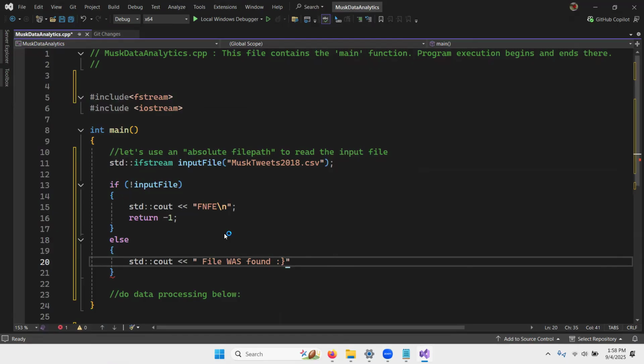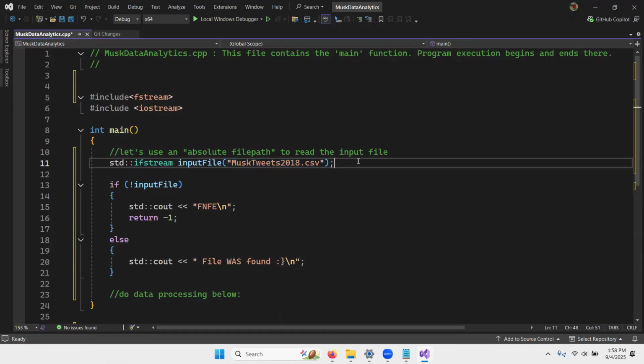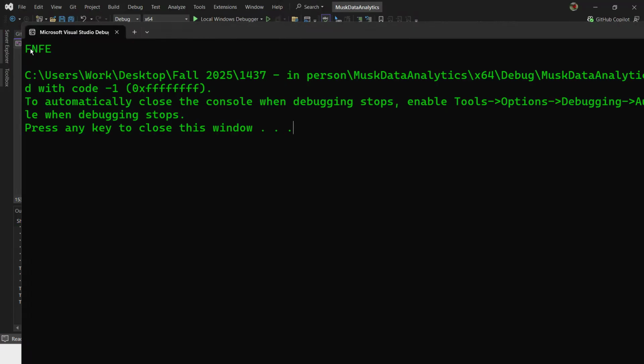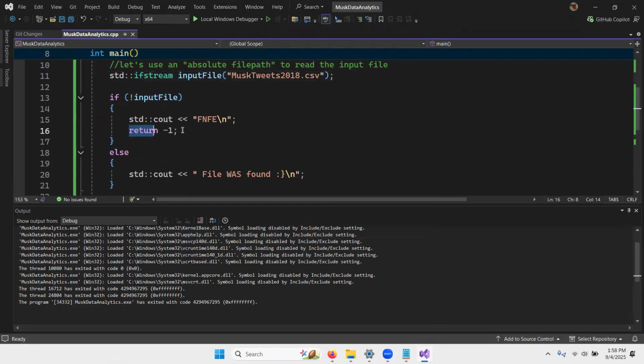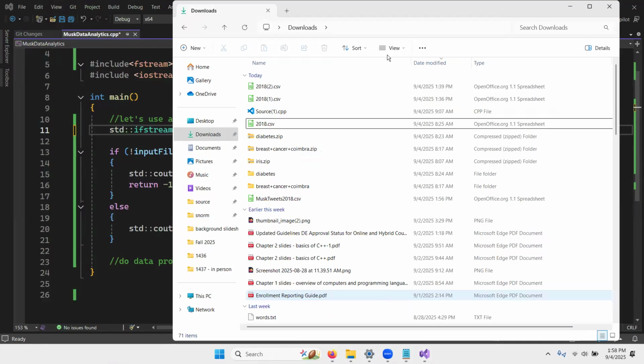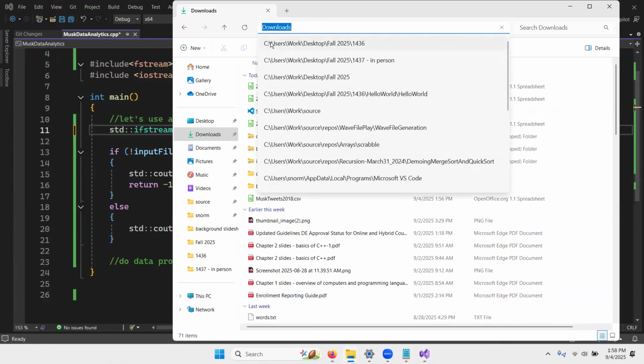Let's see what happens. This is called a relative file path. All right, and it is problematic in this case. File not found error, and the program exits with code -1 because I return -1, because evidently the file was not found. So if we specify an absolute file path, which is similar to this,